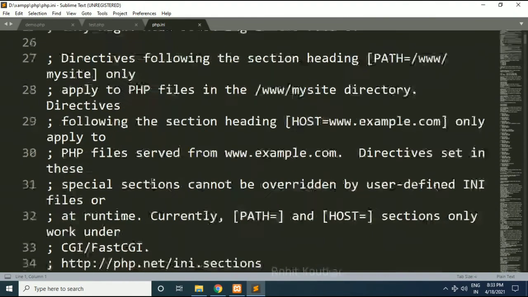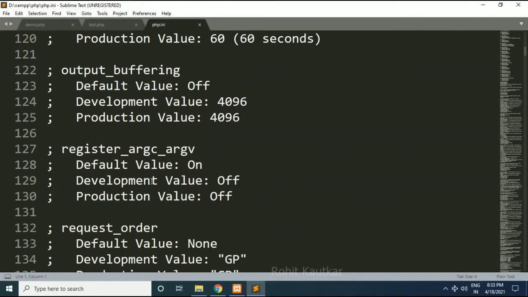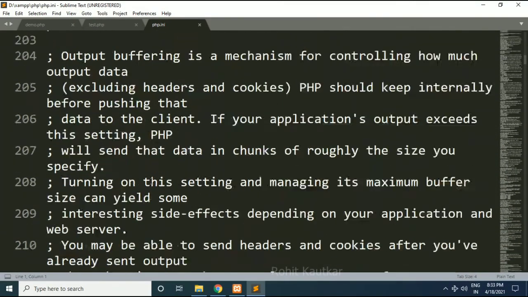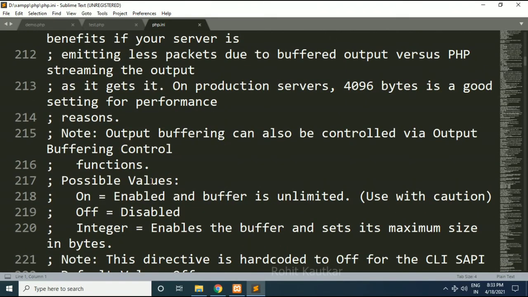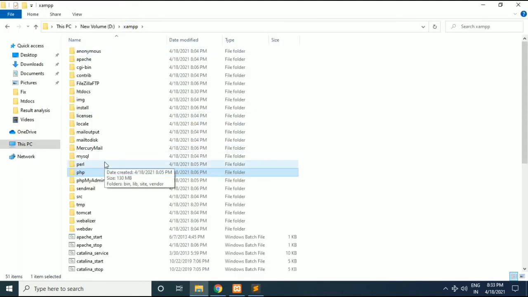You can see all settings regarding the PHP software within this configuration file. In order to change anything within PHP, we need to access this php.ini, which is the configuration file of your PHP software.